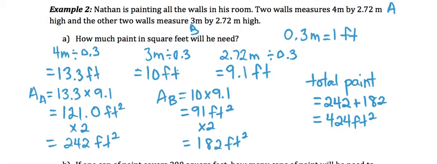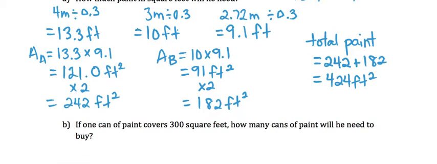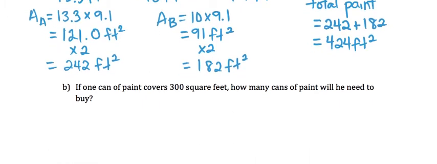Okay, so now I want to take a look at part B. If 1 can of paint covers 300 square feet, how many cans of paint will he need to buy? Well, 1 can of paint covers 300 square feet. So I'm going to need to buy 2 cans of paint, because I can take my 424, I can divide that by 300,